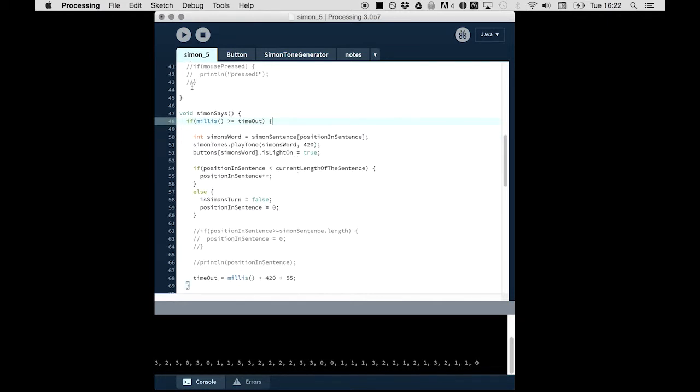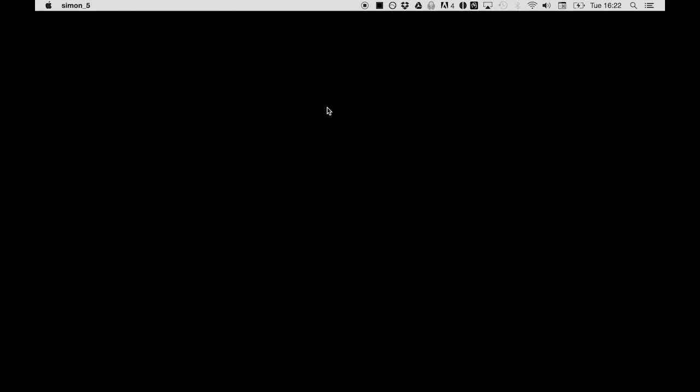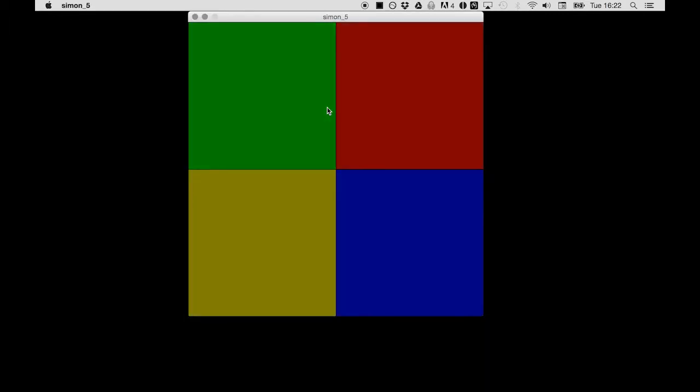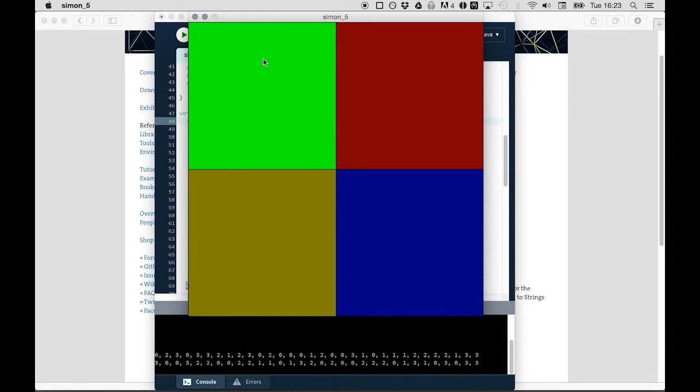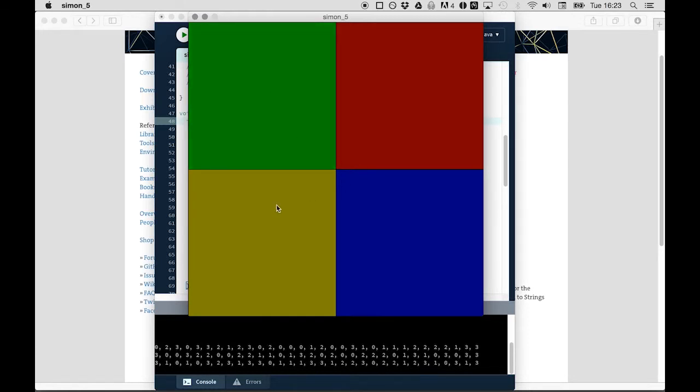So let's see what happens right now. Okay, Simon plays a note, and I hope that I have now the user turn, so I can press now also something. Yeah, and this is a wrong error, and this one is also wrong, because now I have to press